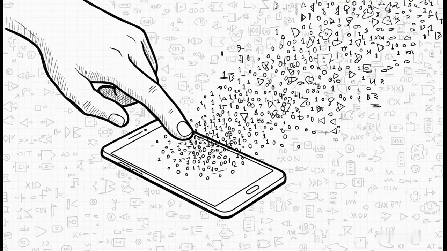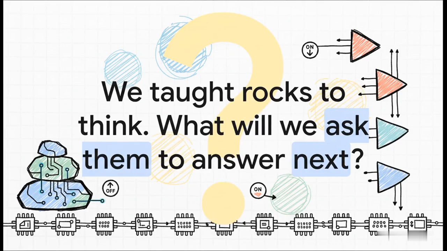So seriously, the next time you tap your phone screen or you swipe or you play a game, just take a second to remember what's actually going on under the hood. Every single one of those actions, it's just being broken down into millions, sometimes billions, of tiny, tiny yes or no questions. And they're all being answered by those little logic gates in an absolute instant. It's a pretty wild thought, isn't it? Using just two ideas, on and off, we've built this entire digital world. We literally taught rocks how to think, using a vocabulary of just 2 words.